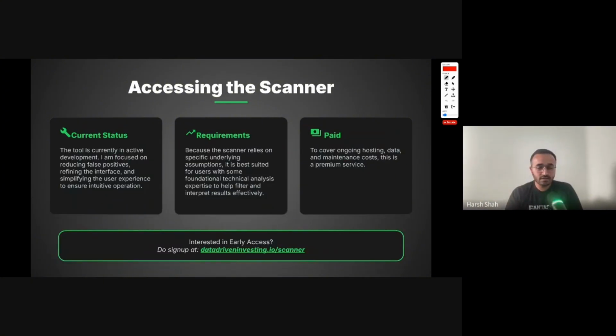Access to the scanner: I started building it for myself. I wanted to get better, and I wanted more insights and more boxes to look into. So right now the tool is still in development, as I showed. I'm still iterating on it, and there is no end to this. A couple of days back, I was looking at many stocks and I found a pattern, I extracted it and I integrated it in my scanner. So it's going to be an iterative development, but right now at least I'm comfortable. It's at a stage where it is usable and reliable.